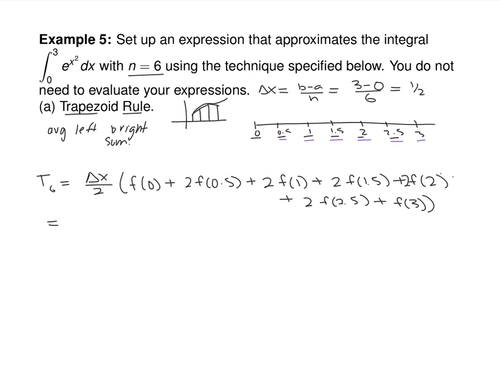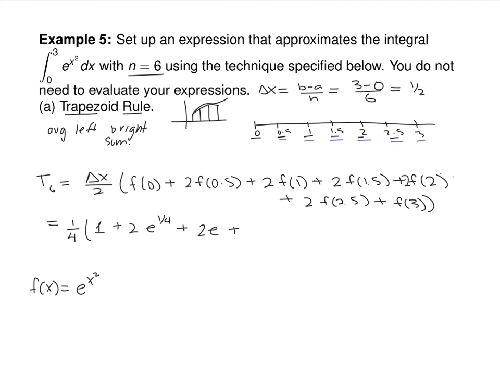And my delta x is 1/2, so 1/2 divided by 2 is a quarter. And then just plug those numbers in and simplify them as much as you can. So we're plugging them into the function f of x equals e to the x squared. So e to the 0 will be 1, plus twice 0.5, 1/2, 1/2 squared is a quarter. So 1/2 e to the quarter,